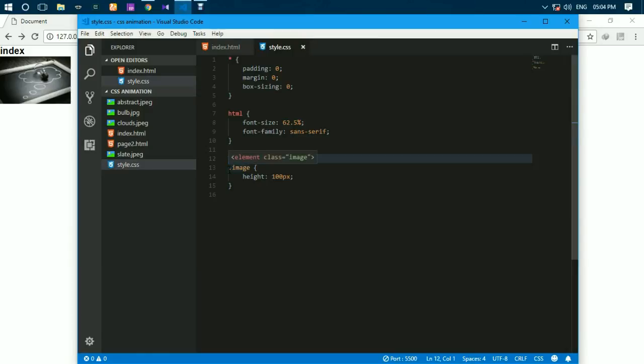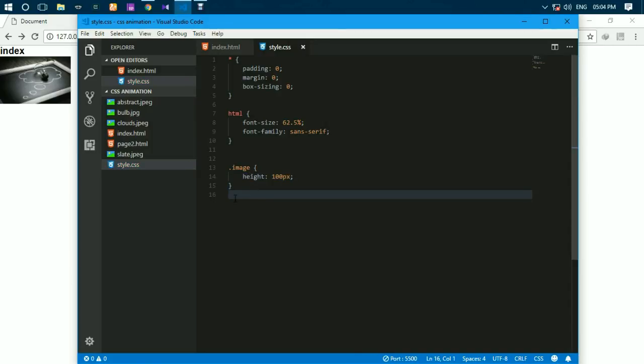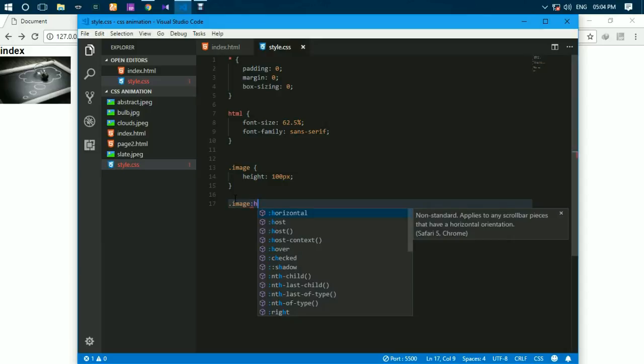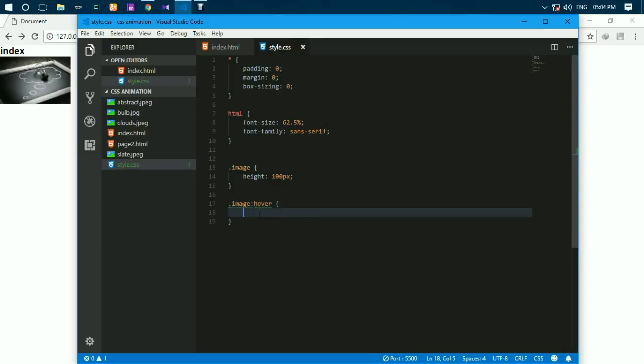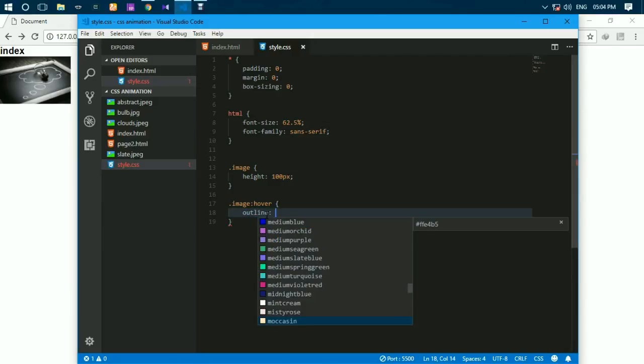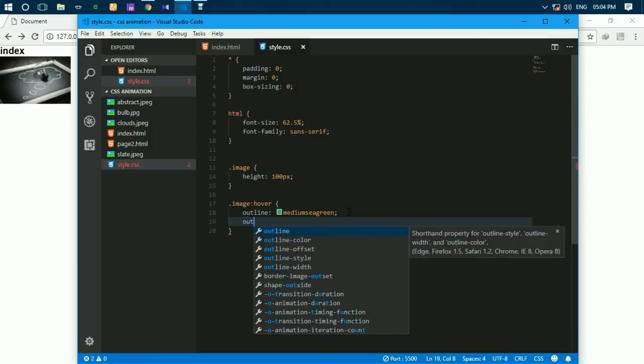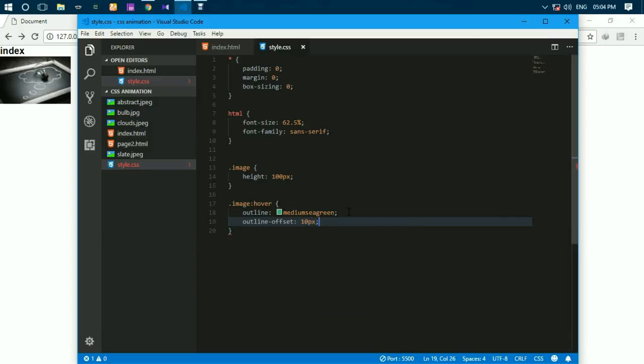So after image, I'll apply the hover class, hover, and we want an outline of a deep green, and I'll put an outline offset of 10 pixels. So after we hover, we can see,